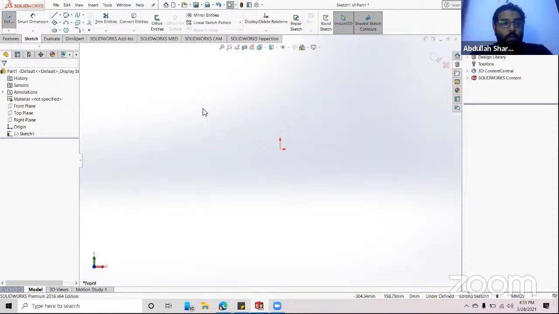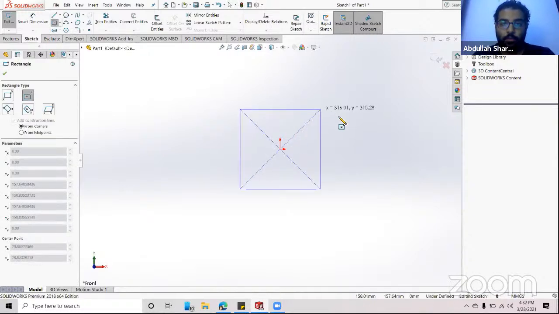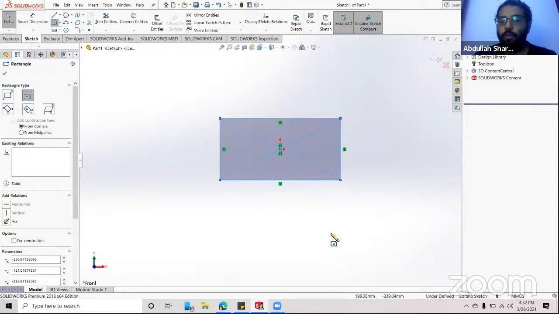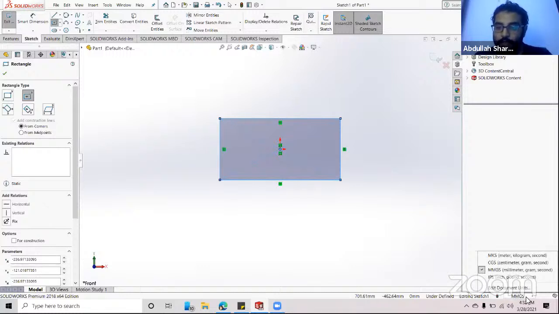I have one more thing to talk about as a beginning, and after that we will start to go for an example. If I want to design a center triangle like this one, and now I want to specify the dimensions. First of all, before I start to talk about the dimensions, whenever you start to design, you will go to the lower right side of the screen. You will find this kind of